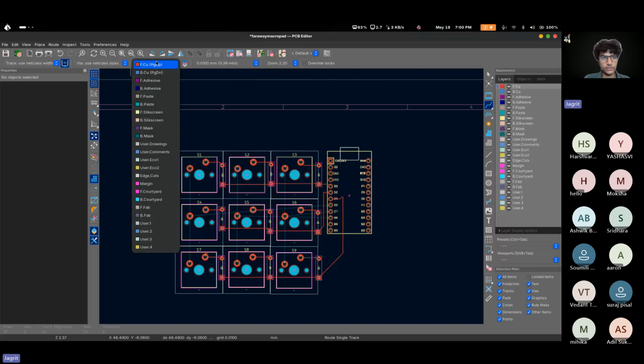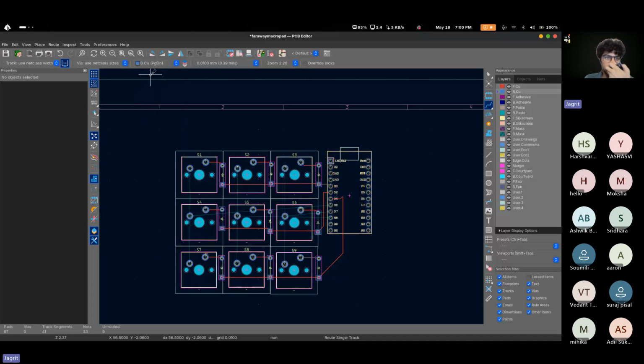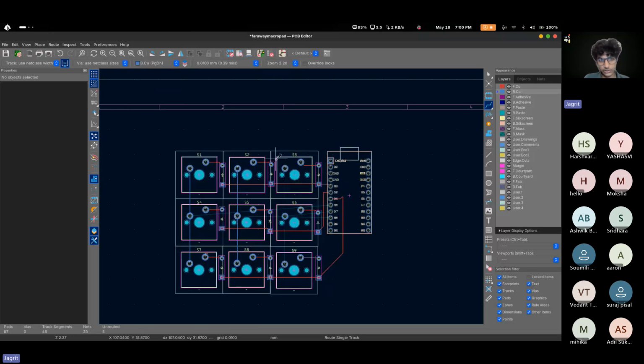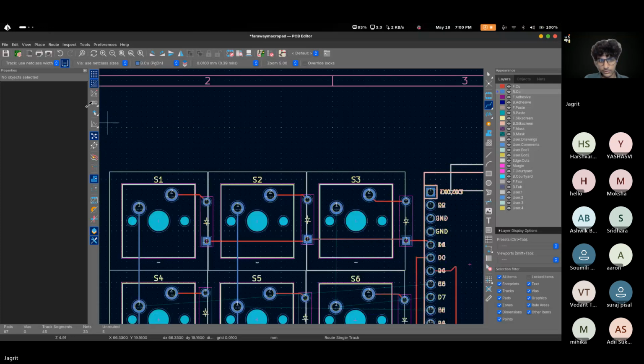The same concept goes up here. Then there is a thing called B.Cu. So this is a back, second layer basically. So I will connect the rows up here. Then there is an additional point, for example,